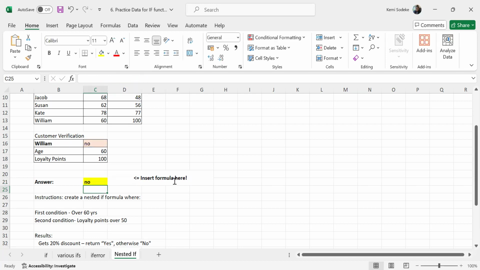This is our first condition. If C17 is greater than 60, yes, otherwise no. Now we need to add another if to this. So even if C17 is over 60 and is yes, we need another if to actually put in the second condition. So what I'll do is after this, I'll put another if,